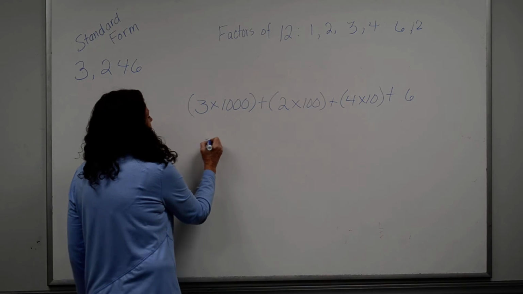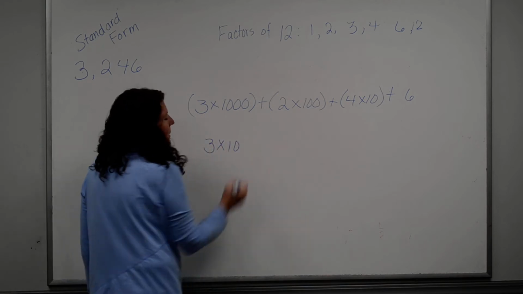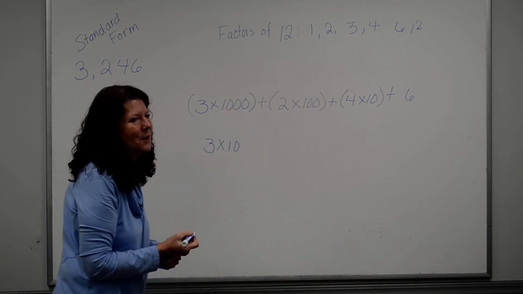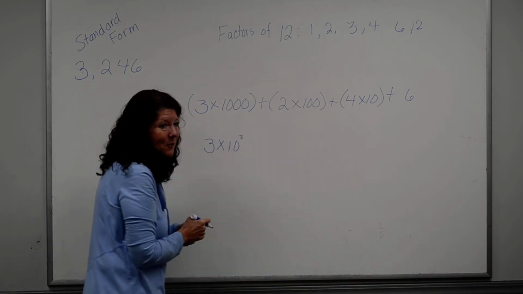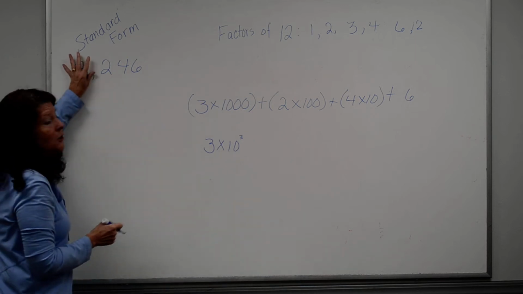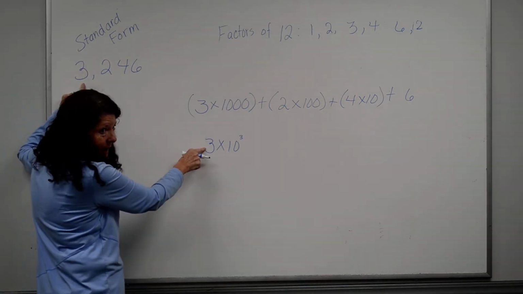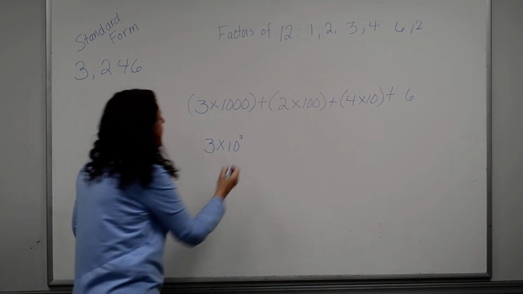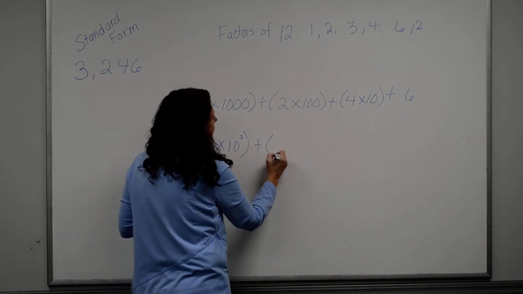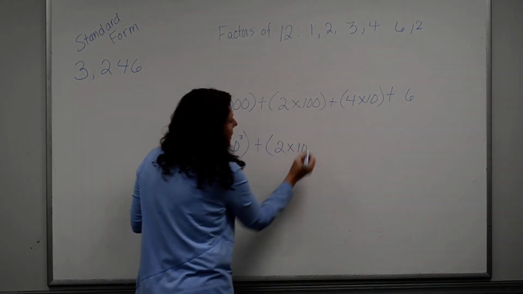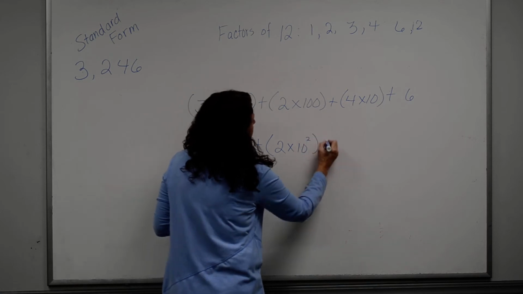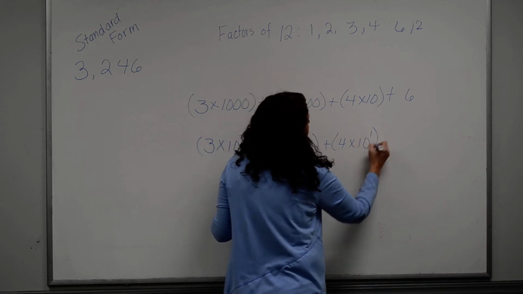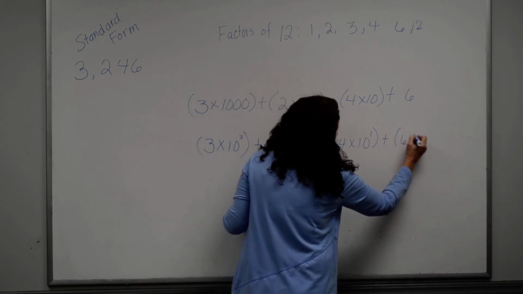So you're going to say 3 times 10 to the what power? Third power. There's 3 zeros. Or you could have gone immediately from here to here by going, oh, there's 3 numbers behind that. Okay? So that plus 2 times 10 to the what power? Second power. Plus 4 times 10 to the first power. Plus 6 times 10 to the